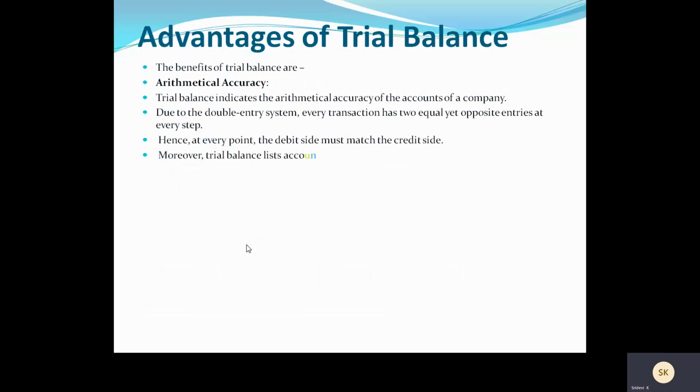Otherwise, if the trial balance is not tallied and you do not rectify the errors at this stage, the final accounts, that is the balance sheet, will not be tallied. You cannot get the equal amount on the asset side and the liability side of the balance sheet. So that can be identified here itself. If we see that the trial balance totals are equal, the debit amount column and credit amount column are equal, then only we can say that the balance sheet can be tallied.